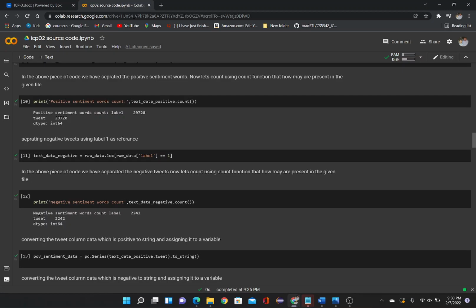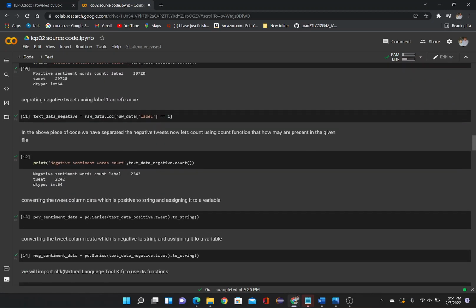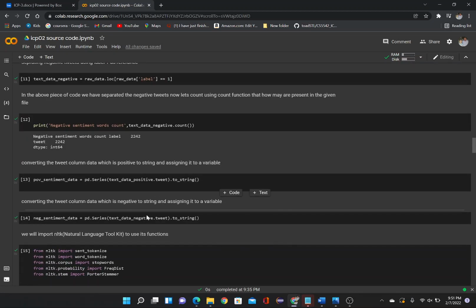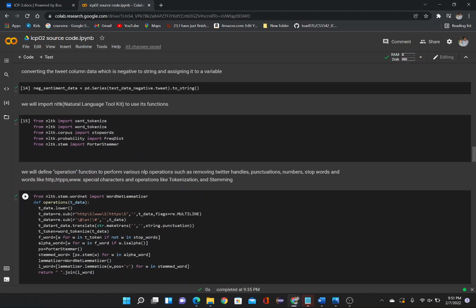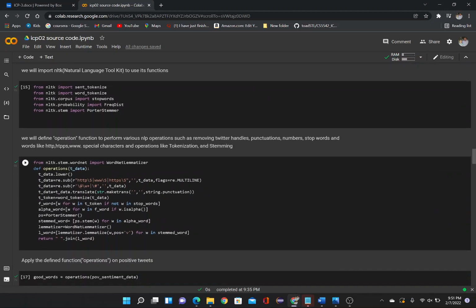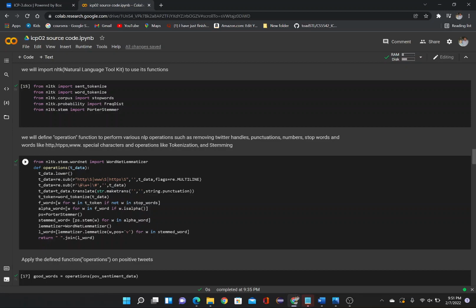As they are stored in some datasets, now we'll be converting both the positive sentiment data and the negative sentiment data into strings. Now it's time to use NLTK, the Natural Language Toolkit. So I have imported the natural language toolkit, with some of the functions like sent_tokenize, word_tokenize, stopwords, and PorterStemmer. Using these NLTK functions,